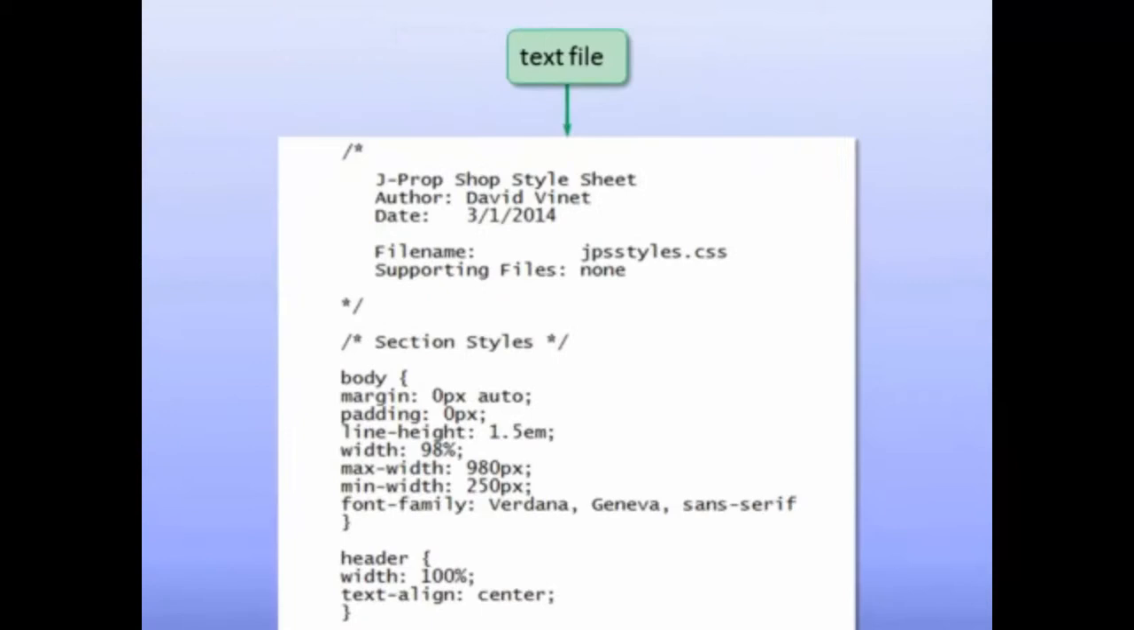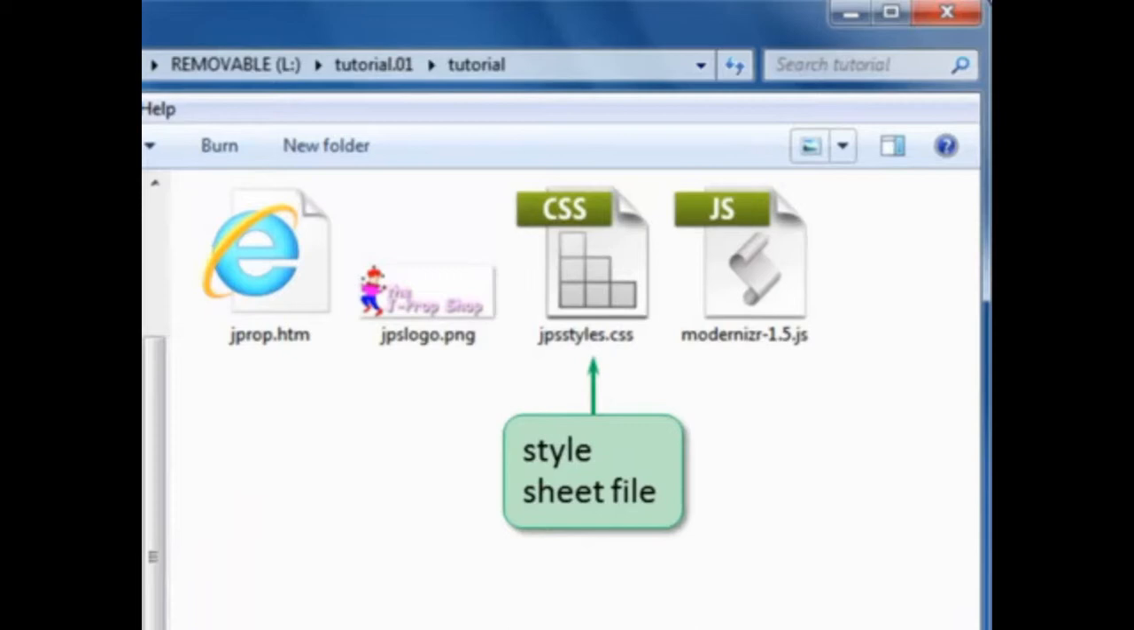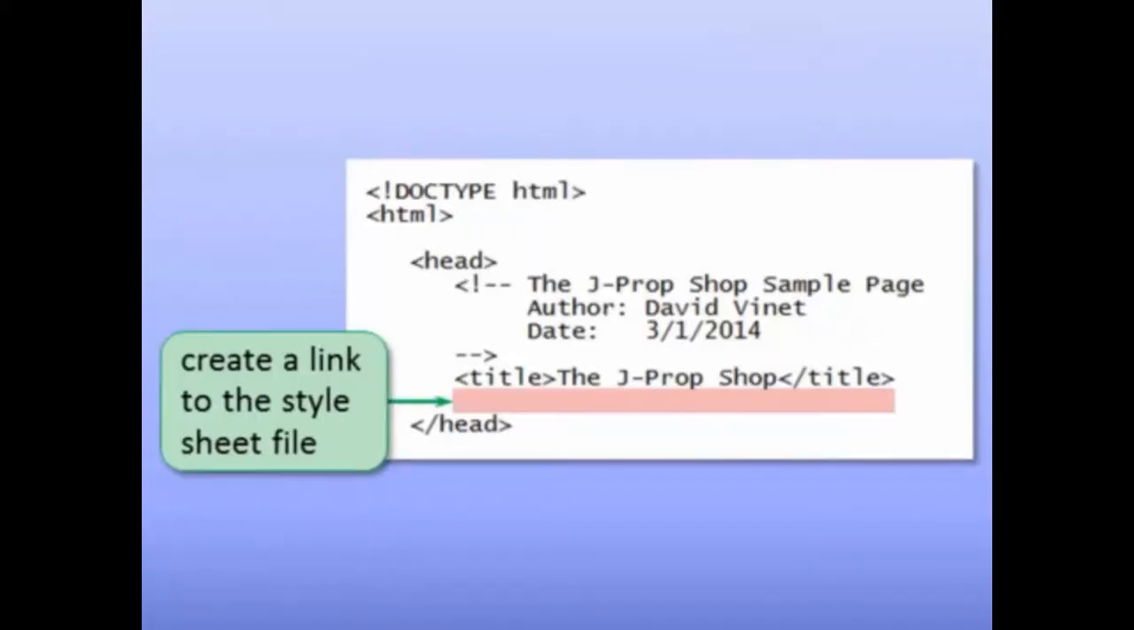Like HTML files, CSS files are text files that you can create and edit using a simple text editor. The difference is that a style sheet file has the .css file name extension. For example, the style sheet for the JProp shop web page is named jpsstyles.css. To apply an external style sheet to a web page, you create a link to the style sheet file